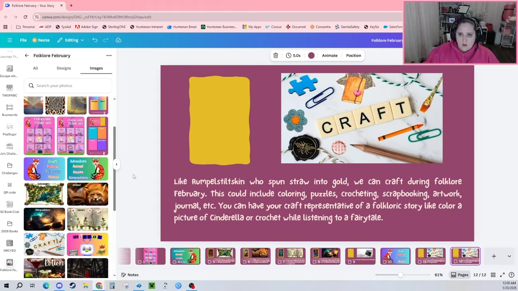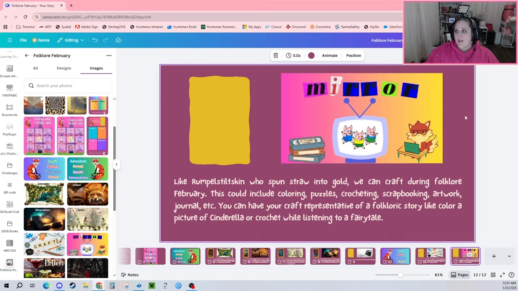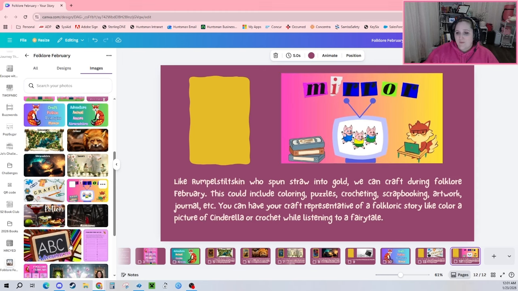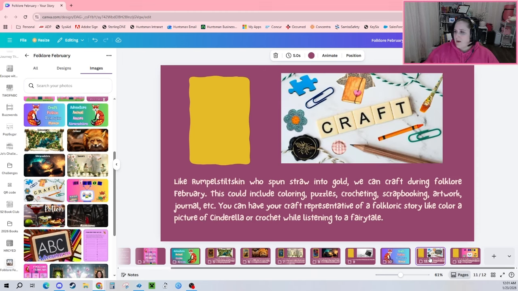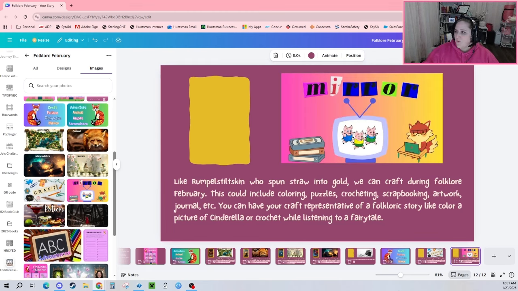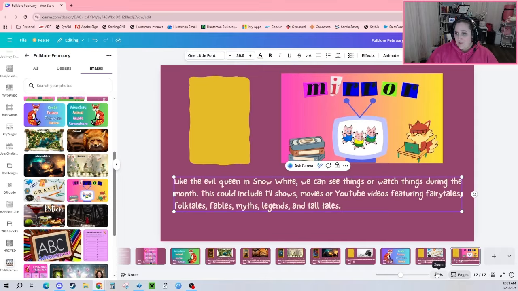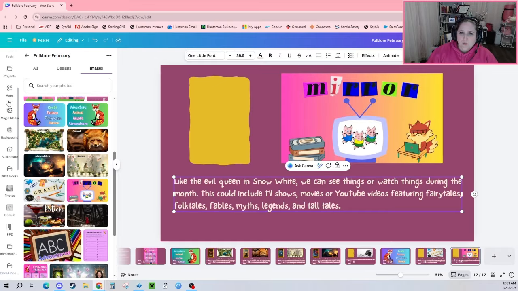All right, next is the mirror, and I do not actually like this picture. So I will probably go and replace this one. I like most of the other ones. The craft one wasn't my favorite, but it works thematically. This one I don't love. I don't think that it has mirror vibes. So I'm going to pick a different one. All the other ones I really liked, obviously I've said that, but that one I don't love. So let's go back to